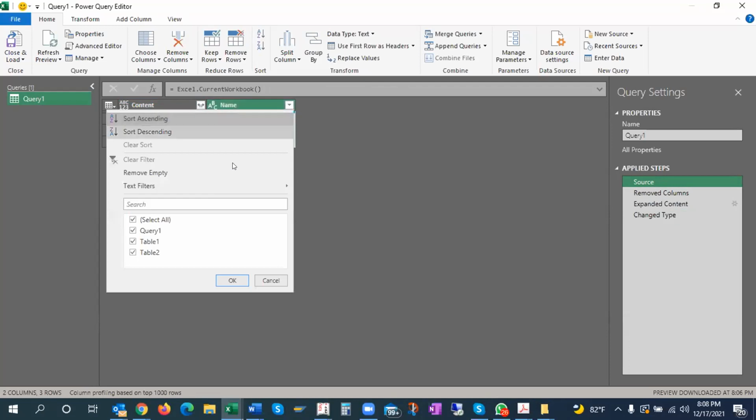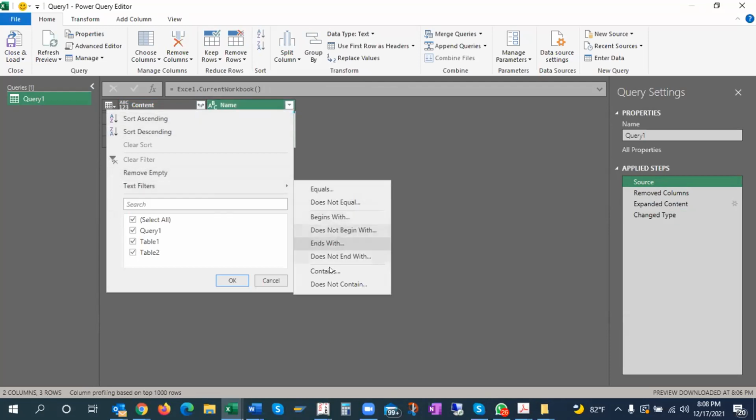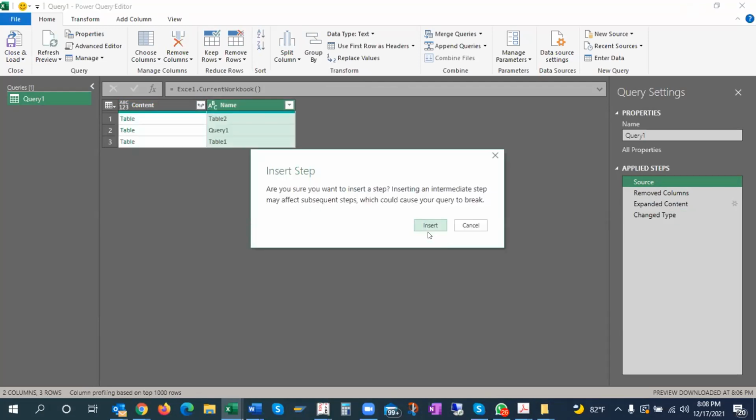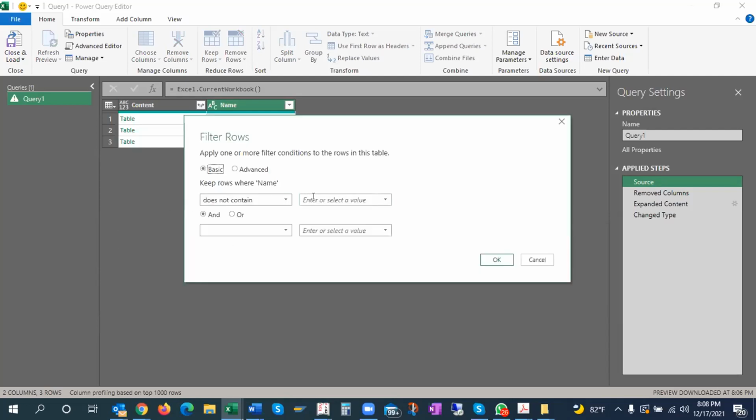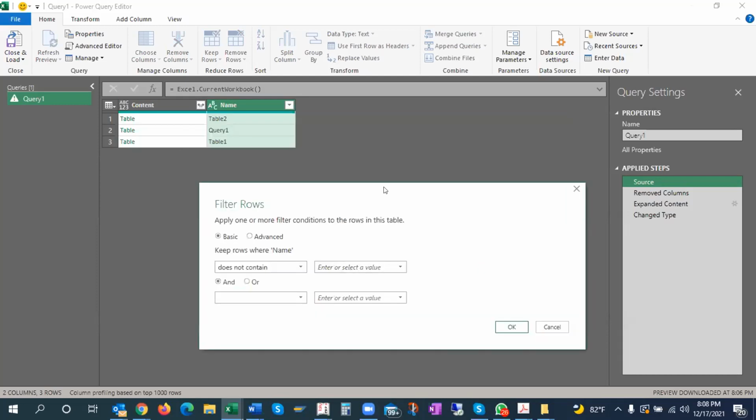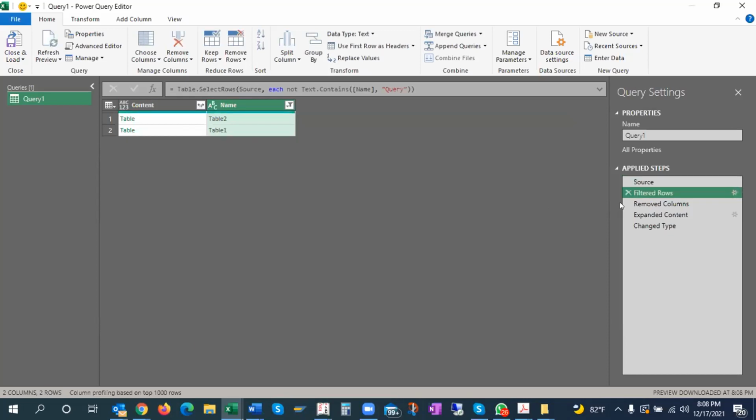So we say wherever text filter does not contain, I say yes, I want to insert a step. A step will be added here automatically. I told you, we have to respect Power Query with case sensitivity. So I'll write it as this query. So it does not contain query. So now only two tables are there.